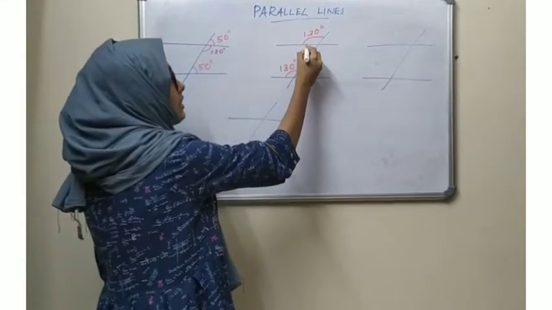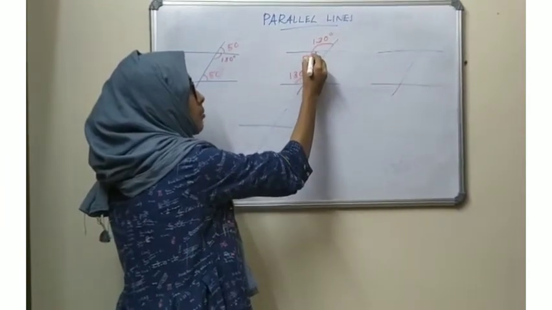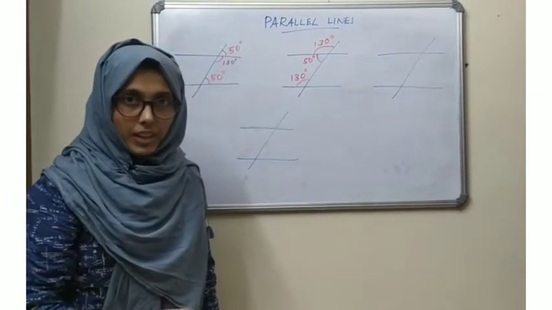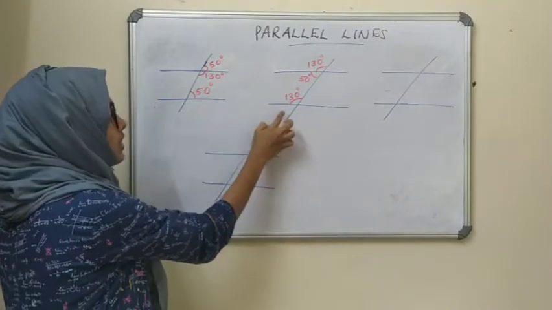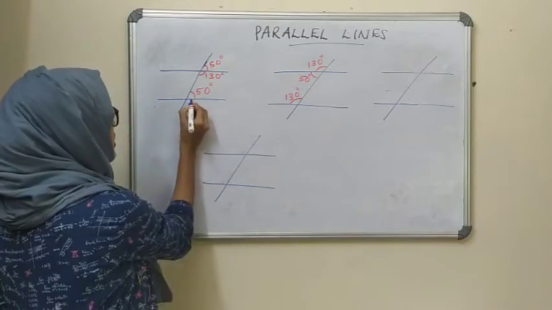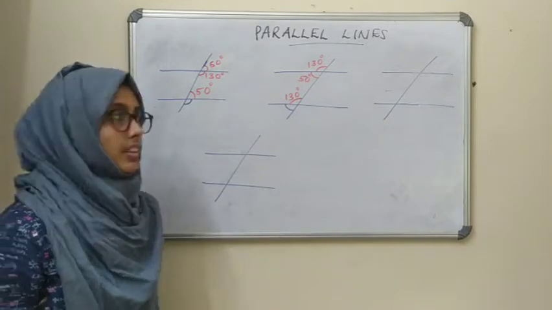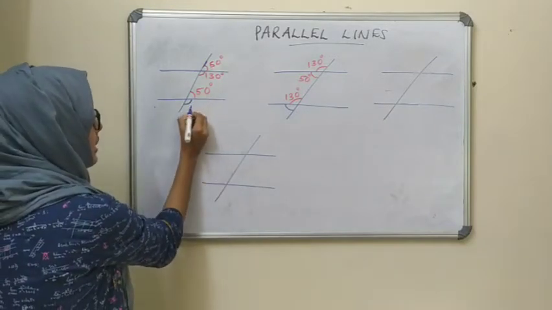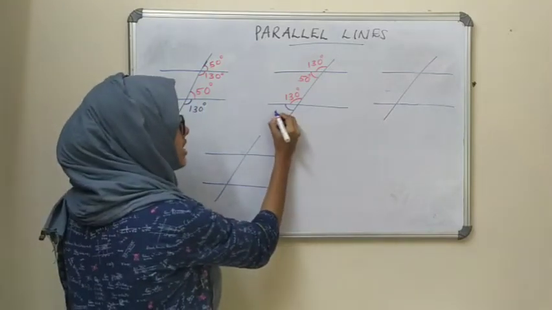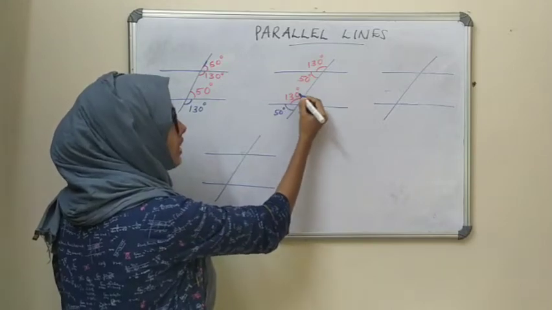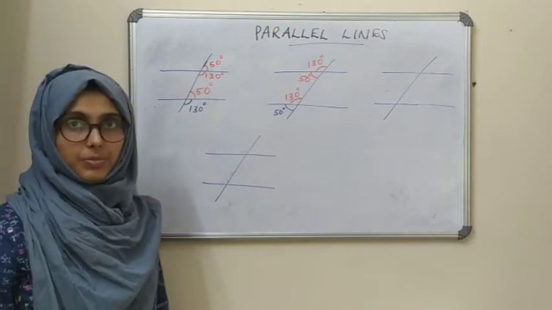Now what will be this angle? That will be 50 degrees, because this is a linear pair. Now in these two figures, what about these two angles? About this and this. You know that this is 50 degrees, then this will be 130 degrees, because this is a linear pair, isn't it? In this case, this will be 50 degrees because these are a linear pair. So in both cases, the sum should be 180 degrees, isn't it?